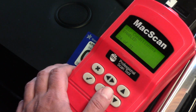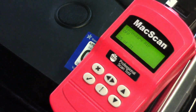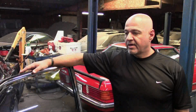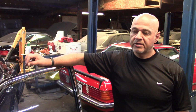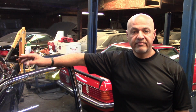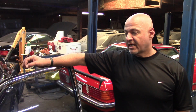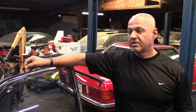Alright. So let's do this. Let's go over to the Turbo R. I was suspecting that there was a problem with the O2 sensor because when I measured the voltage while the engine was off, the O2 sensor was already reading 0.91 volts, which didn't sound right on my multimeter, but when I plugged my scan tool in, it was also reading the same. So I took the scan tool, plugged it into the